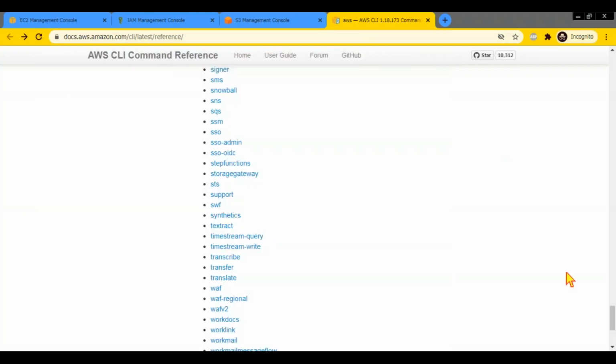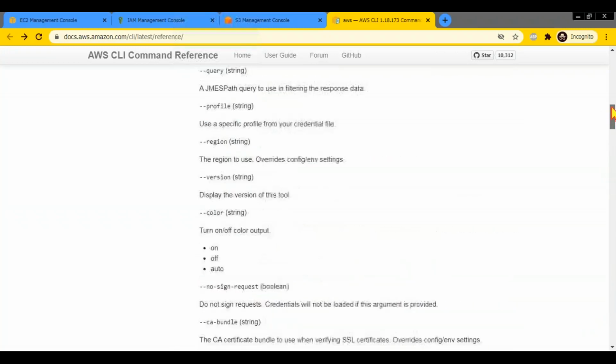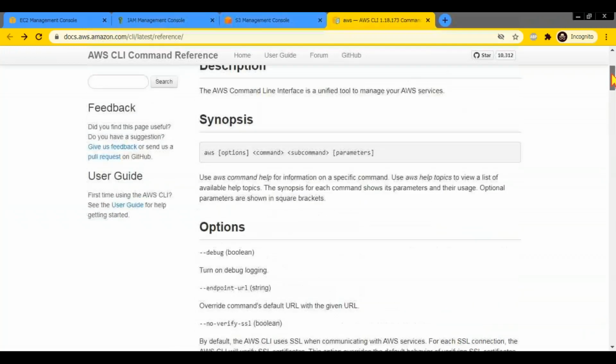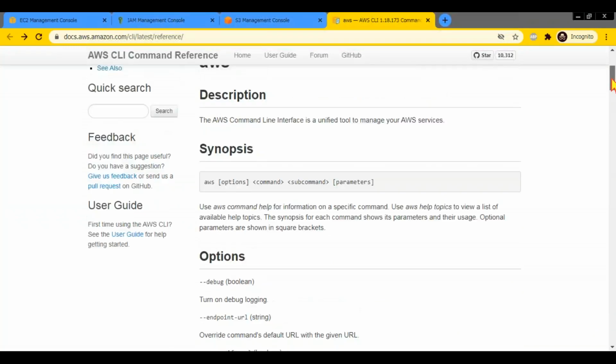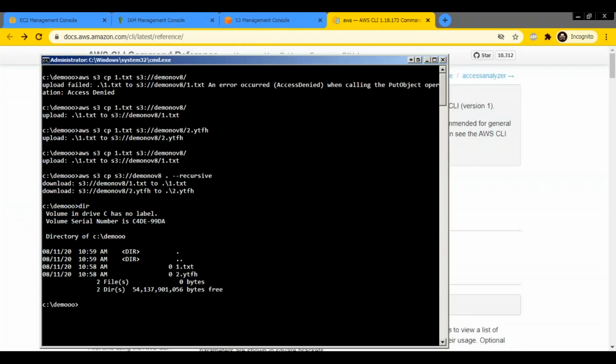Okay. Like you said, you want to stop some machines, say at 6 p.m. You can create a script using EC2 stop instances, and that script can run every day evening at 6 p.m. and every day morning at 6 a.m. So at 6 p.m. in the evening, it stops your machines. Morning 6 a.m. it is going to start your machines. So those types of things you can use the CLI for. It is not just for manually executing commands. These commands can be used in scripts.